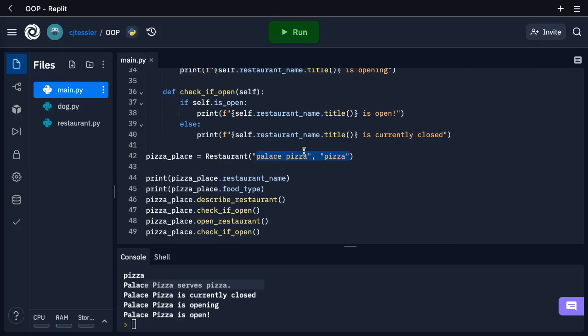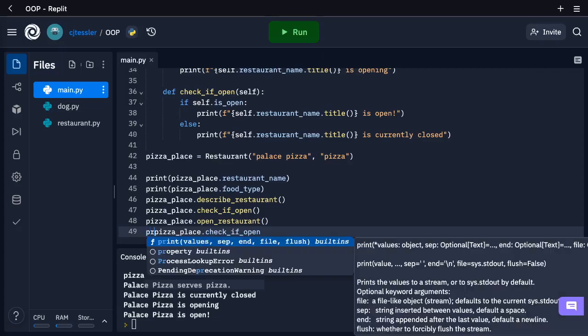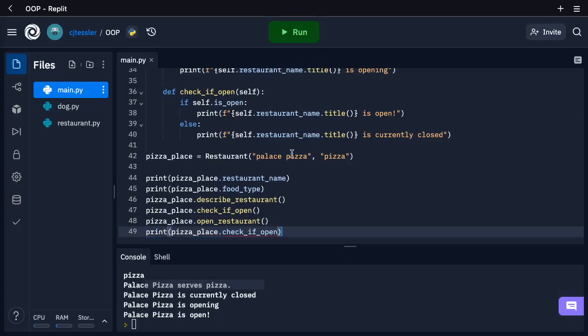So remember that these are functions. To call a function, you do need the parentheses. One thing you might run into is forgetting to put parentheses. Just if you're curious, let me print check_if_open, and you can see right here, I printed without calling it. And remember I said methods are basically tied,